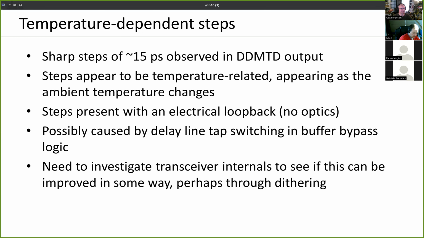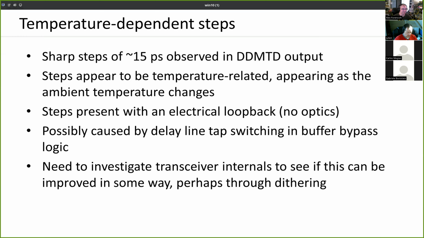There was a presentation at the FPGA Developer Forum, I guess earlier this year at CERN, where they were talking about doing, what was it? I think frame clock recovery using the transceivers in Xilinx FPGAs. And they did a pretty deep dive into how you can screw with some of the internal components in the transceivers, including some of the buffer bypass logic, in order to get this frame clock recovered as precisely as possible. And they included some bits in some of the configuration registers. So stuff that's not documented in the Xilinx user guide. So I don't know where they got this information, but I think it's worth doing some experiments